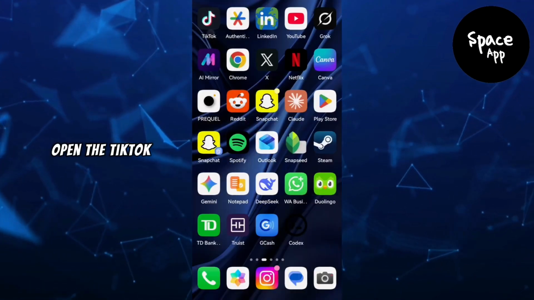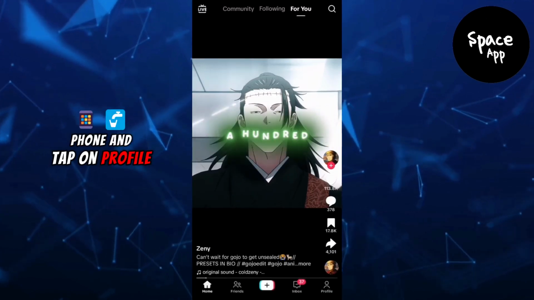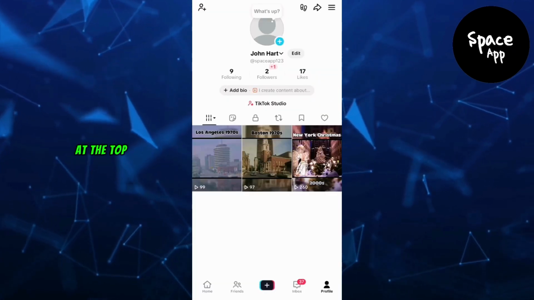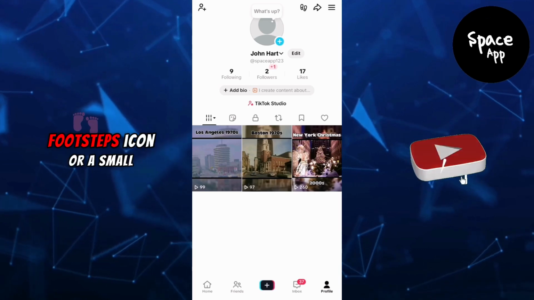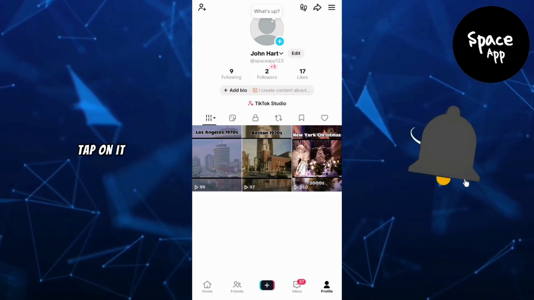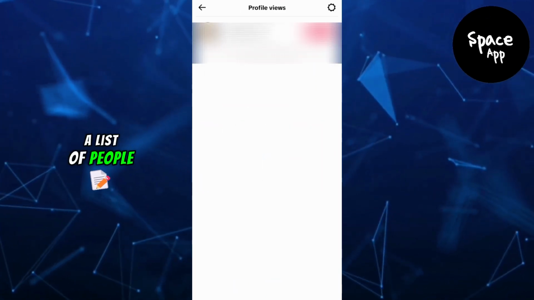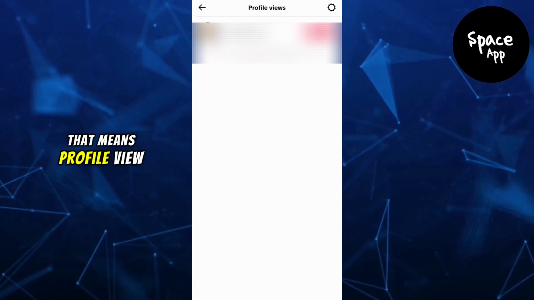First, open the TikTok app on your phone and tap on Profile in the bottom right corner. At the top right, you may see a footsteps icon or a small profile icon. Tap on it. If you can see a list of people who viewed your profile, that means Profile View History